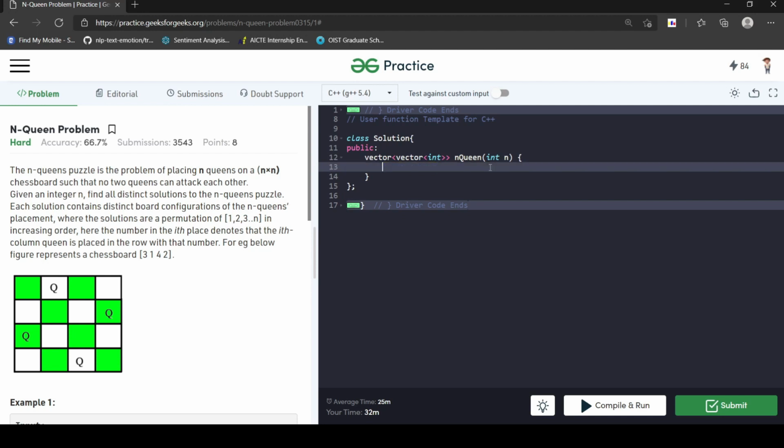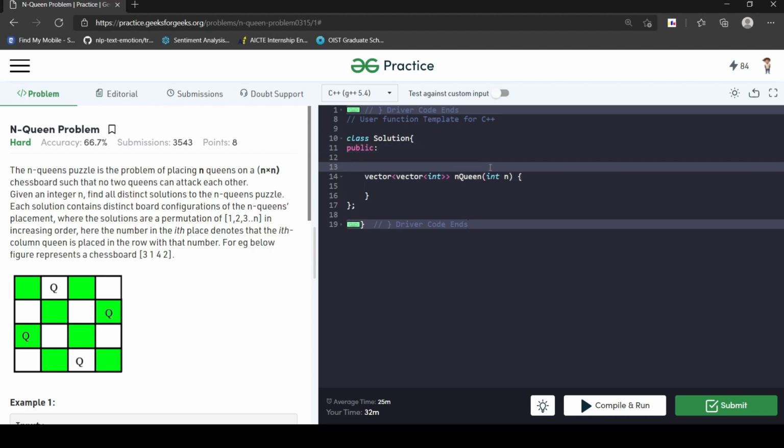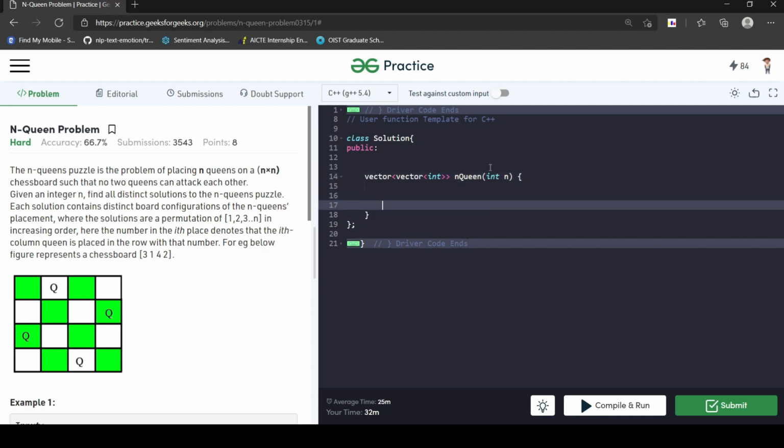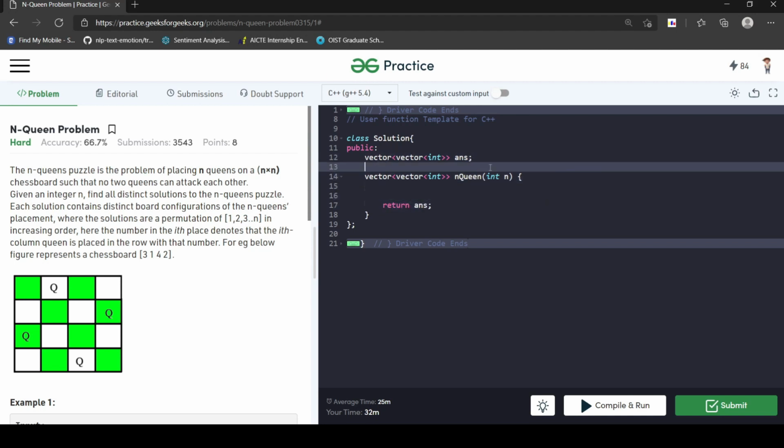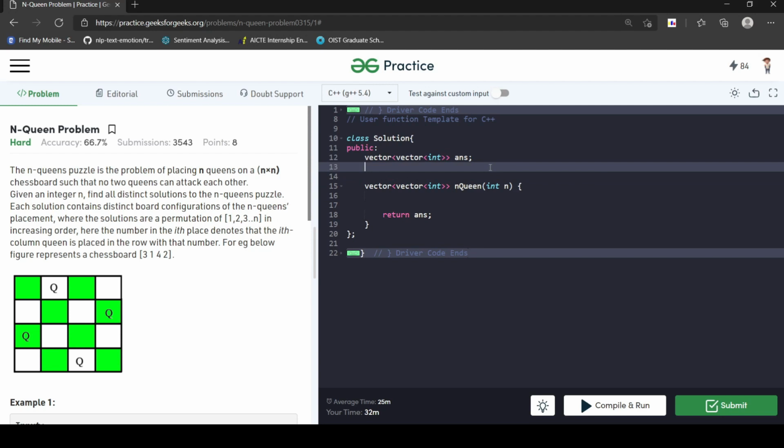So before coming to the main function, I should create this vector which will store the answer, right? So I will return the answer at the end, and also I need to calculate the answer for each row.